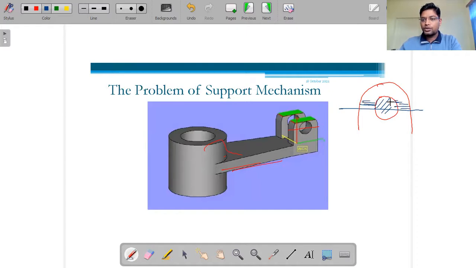There is a chance that this material can fall. So we can also give a supporting mechanism. Along with this deposition, it will deposit a layer of supporting material here as well. So there will be no problem filling this material over that.